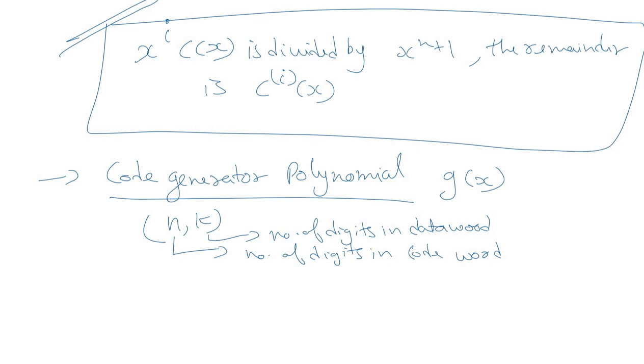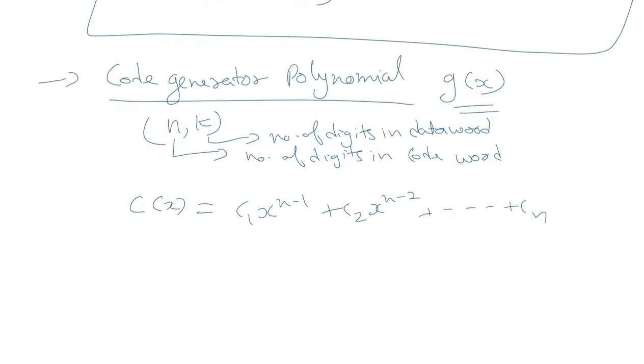So this code generator polynomial g of x, we have to introduce this concept of g of x for the general code, that is (n,k) code. We can say that the c of x, the code word, is represented by c1 x raised to the power n minus 1 plus c2 x raised to the power n minus 2 plus ... c of n. Okay. So the code generator polynomial